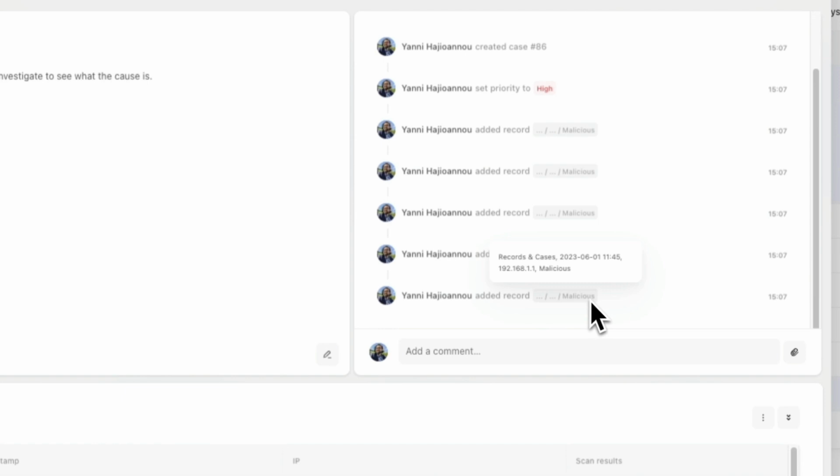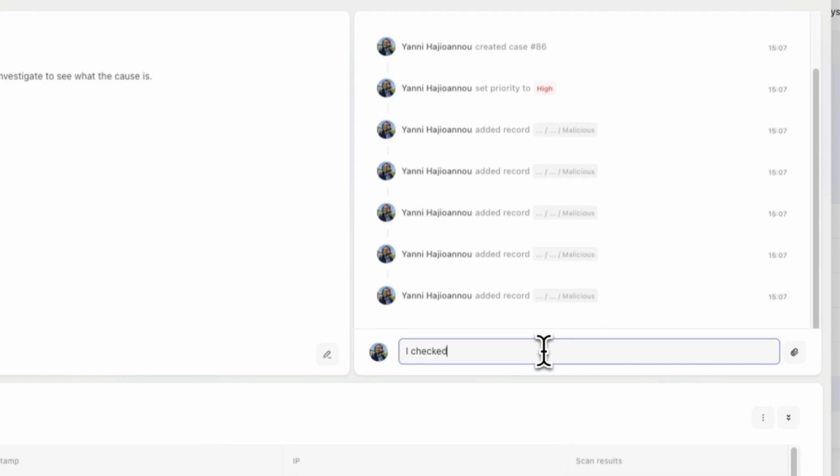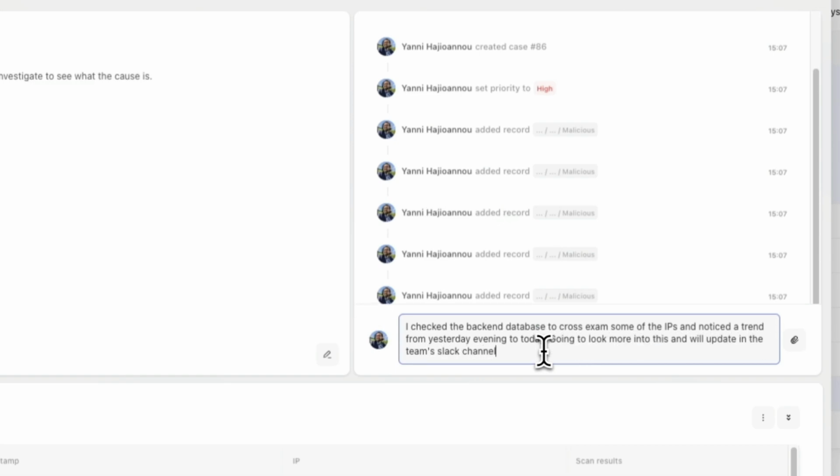actually in that record. Now, as you're going through and working on your case, you can always add your comments on the bottom of the timeline right here. If you want to add an attachment, you can just hit the attachment clip to the right. And whenever you're done making your adjustments, you can just go ahead and hit enter, and that'll add that to